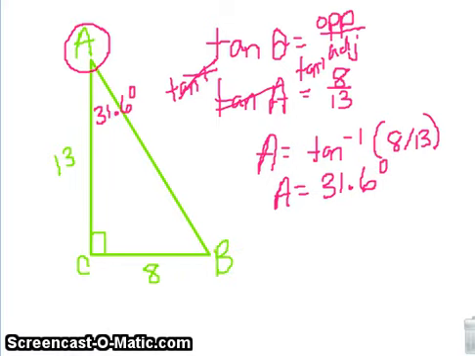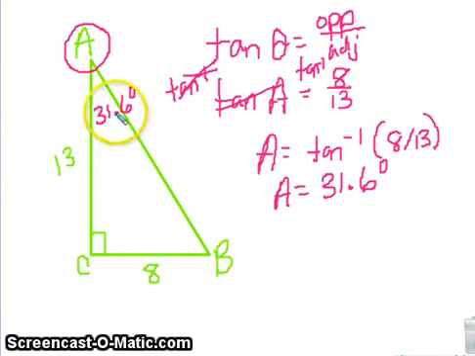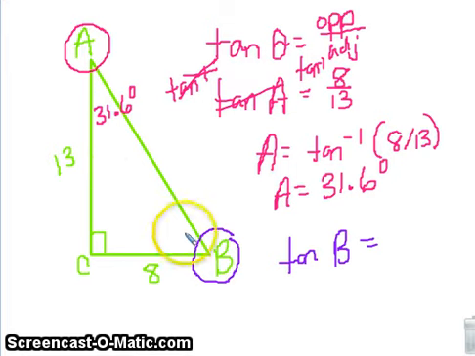31.6 degrees. Now, my other students fought with me over and over about whether we should find angle B or not, because what could we do to find angle B? We could just subtract it, but let's check and see. It should be that the tan of B is equal to what? 13 over 8. Try that out. If you put in angle B